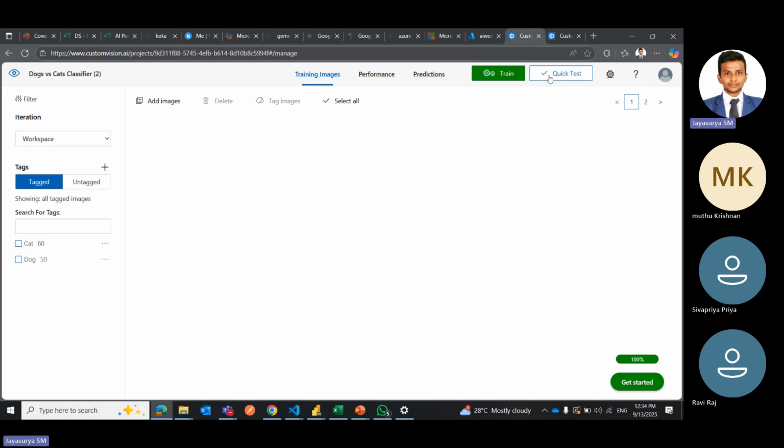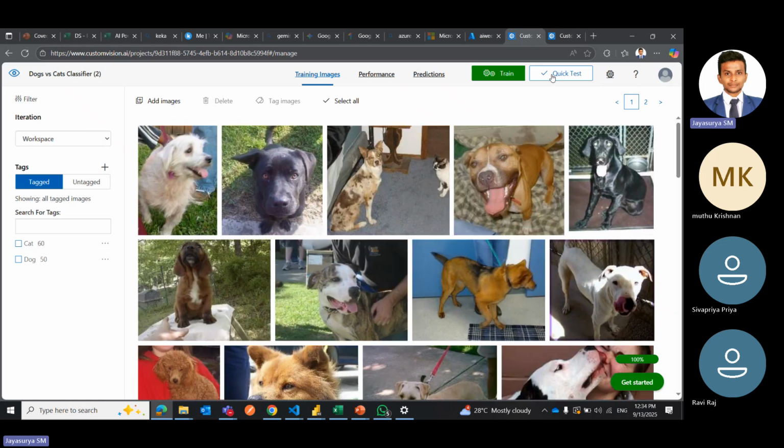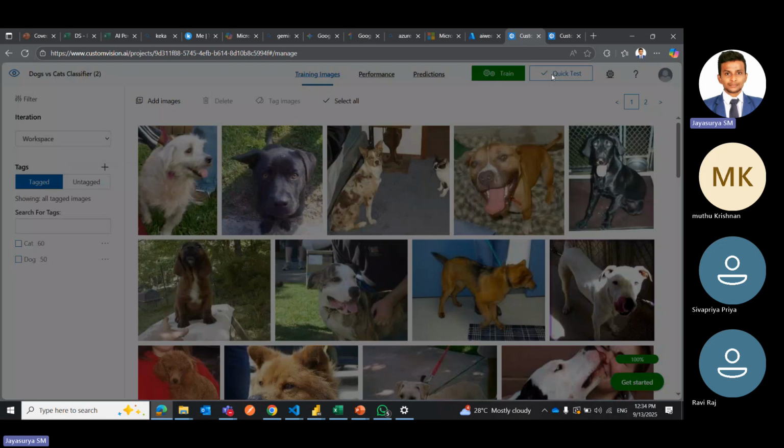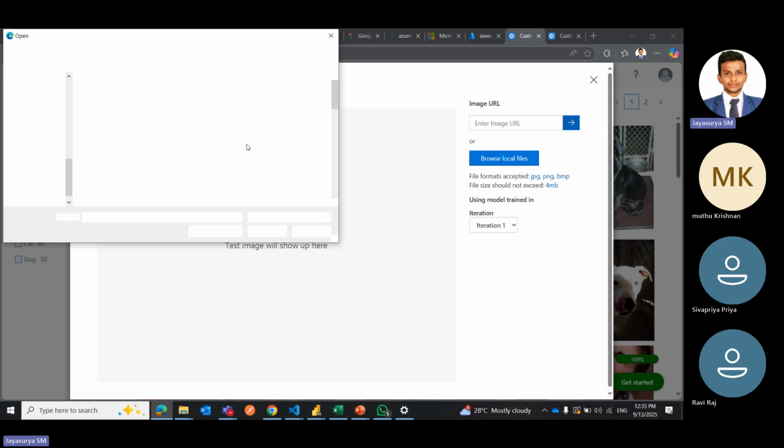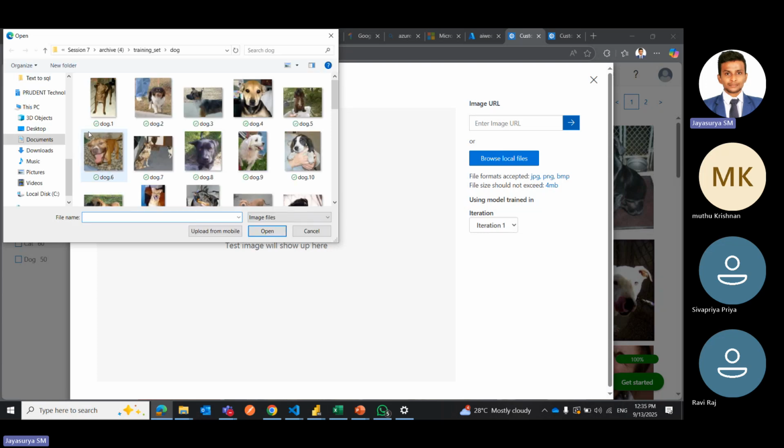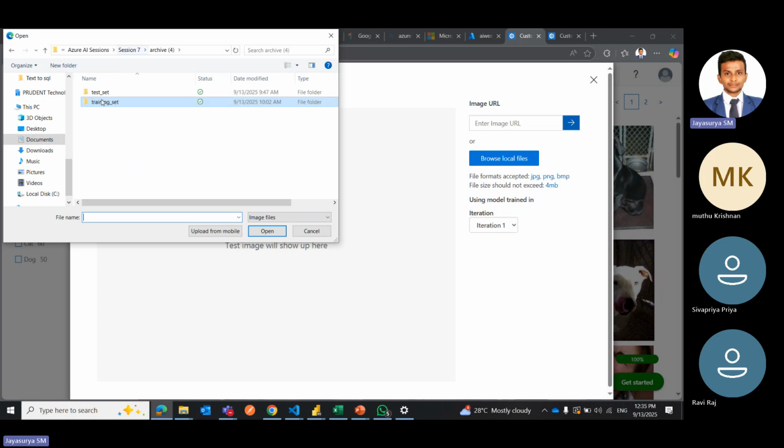And here we will have the option for the quick test. So let's say you click test. I have to know the variable that you want to predict. So let's go to the test set and you can pick one random image and let's ask this to the custom vision whether it is predicting or not. Right. So let's go to the test set